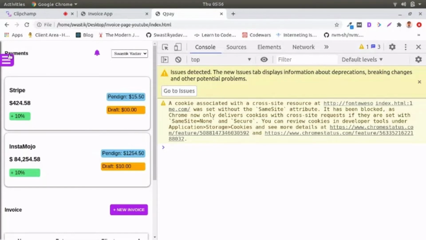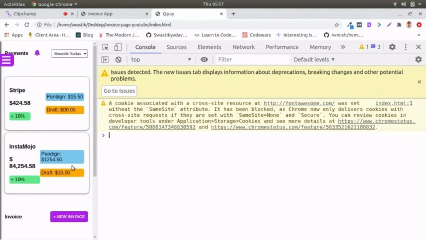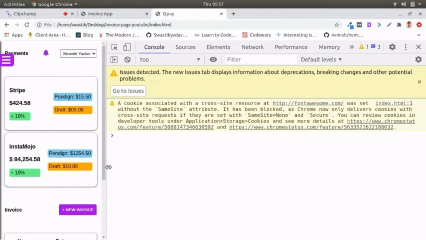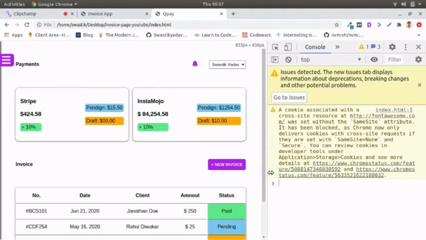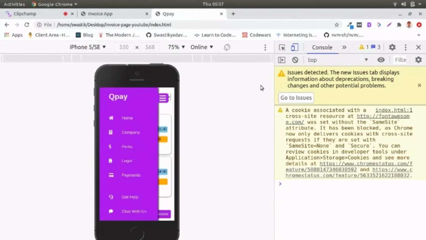And okay, so we have this payment being covered up by this toggle hamburger, so that's not a problem, we can just shift the position and that will do the job. Yeah. And if I go more beyond, you see we are almost at 300 pixel and things are not that bad, we can just figure out things if something bad happens at this position. Okay, and now for the mobile version, you see, pretty neat, right?